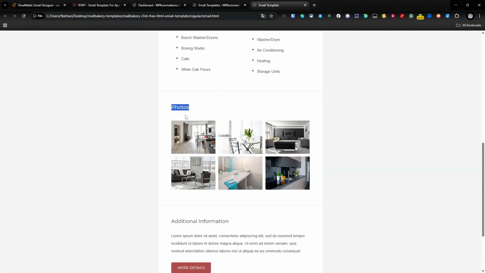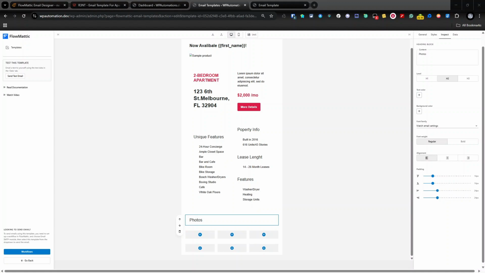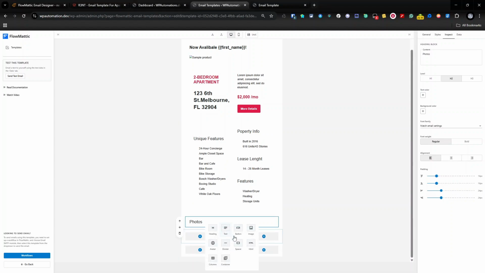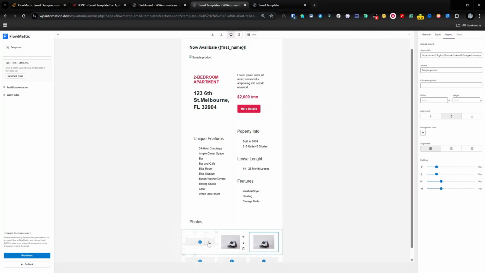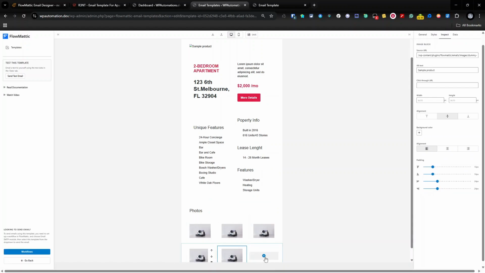And that's just an H2 header with no bold. So we'll just change that over to photos. We'll leave it as that, and we'll put it as regular text. And for our photos, what we're going to do here is I'm just going to grab the images as they are, and I'm going to just put them into images like so. Images, images, images, image, image, and I'm going to quickly go through and update these from my list over here,